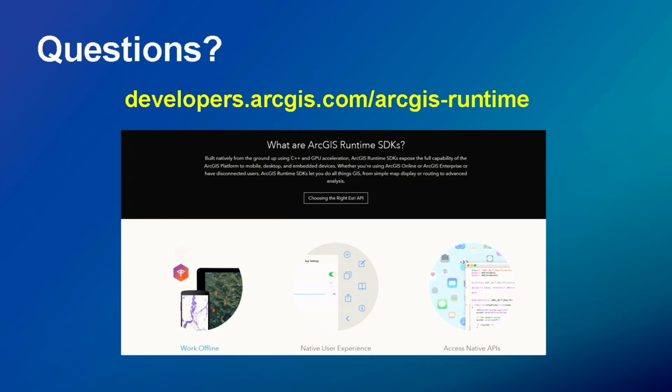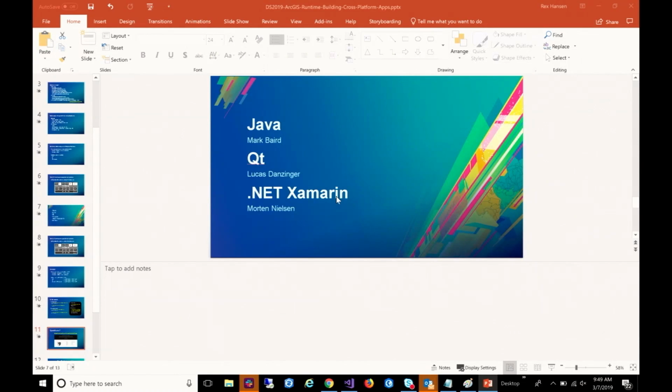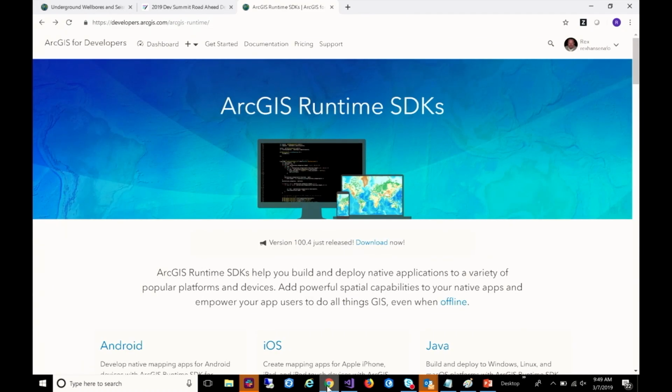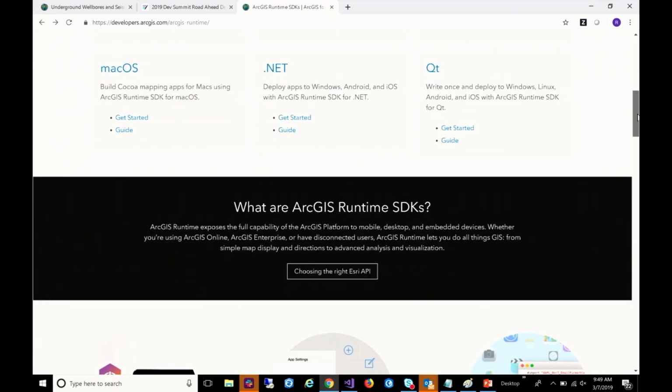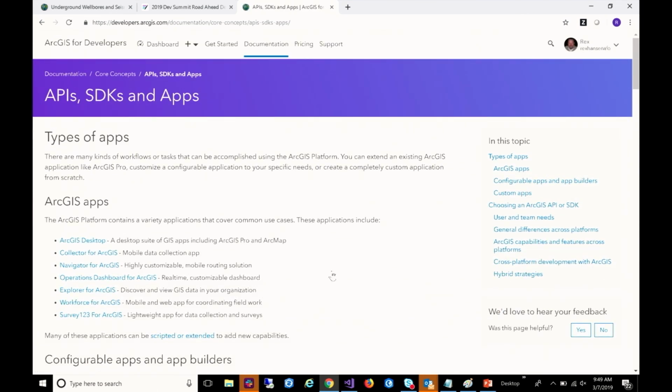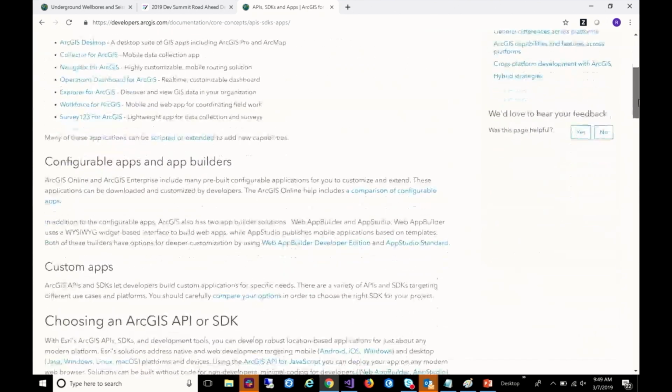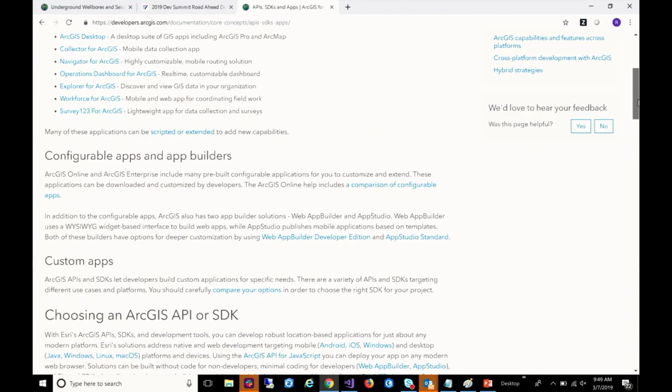We've got an opportunity for questions here because we've still got about 10 minutes. One thing I want to point to is there is actually a website here, and I'm going to bounce out of this slide deck really quick. If you go to the website, there is a Runtime SDKs landing page, and this is where all the Runtime SDKs are presented. In the middle of this section, there's a banner that talks about choosing the right Esri API. This really talks about all the technologies that we provide as developer technologies, and walks you through a discussion about some of the capabilities that are associated with both native and web solutions,